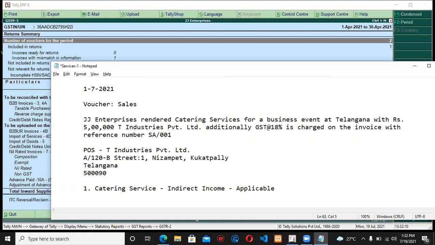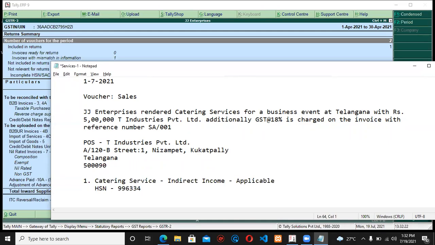Apart from this, I'll just give HSN details. Let us assume that we are giving here 9963334, something like that. Okay, I'm just giving a unique HSN number, and nature of transaction will not be applicable in this case. Okay, so you have to specify the rate of tax, that is GST, which would be 18%.